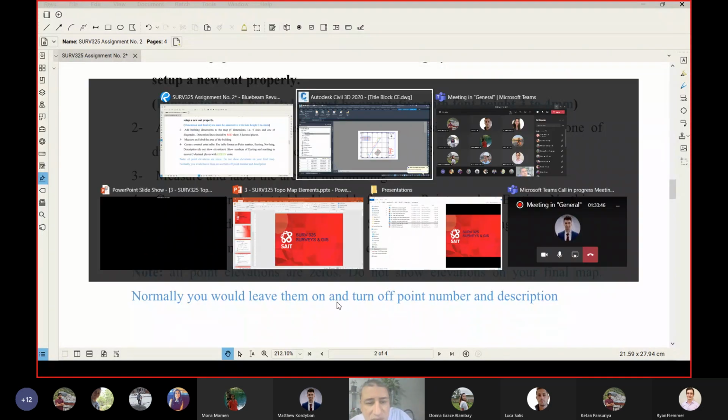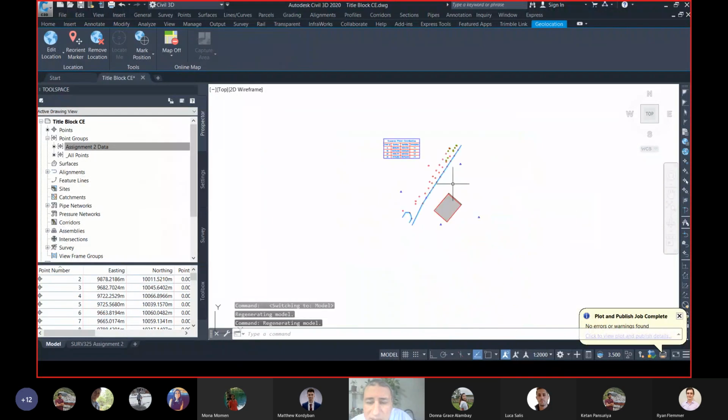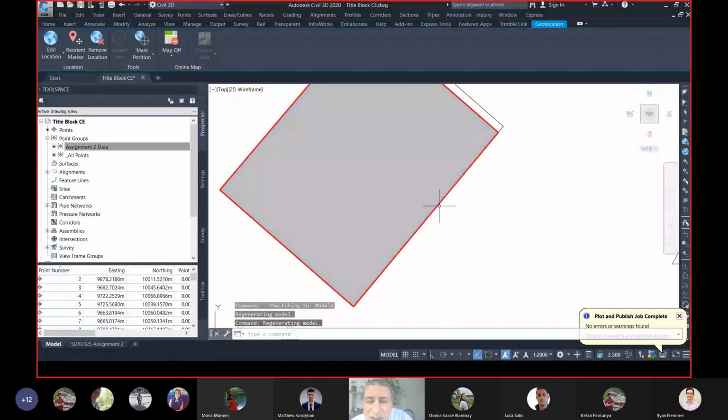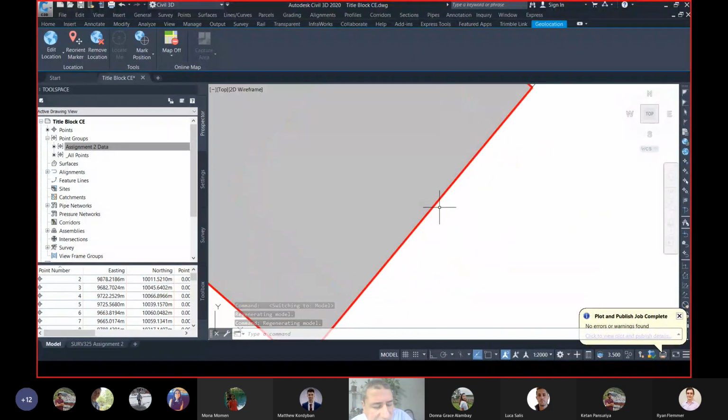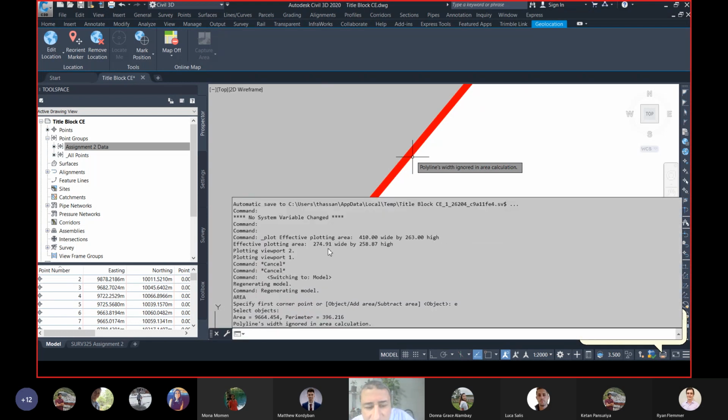So in CAD, there is a command called area. I'll show you here. If you go to the model space and you want to find the area, there is a command called area, and then you can measure the area based on object or entity. You can say E for entity, and once you pick this polygon or polyline and go to F2, it simply tells you here what's the area. So the area here is simply